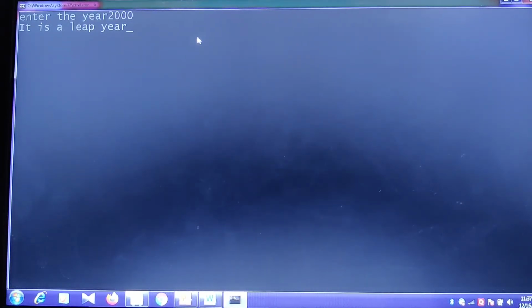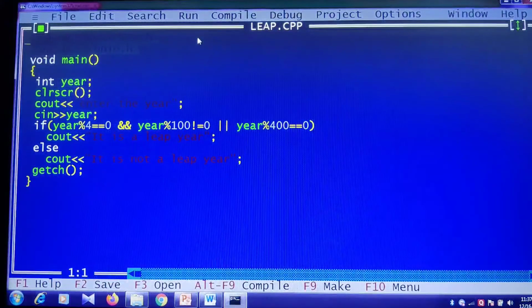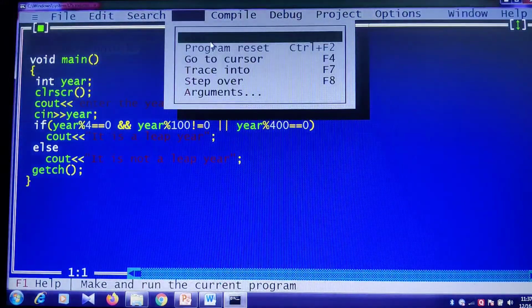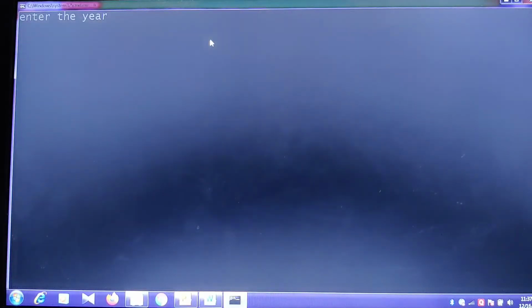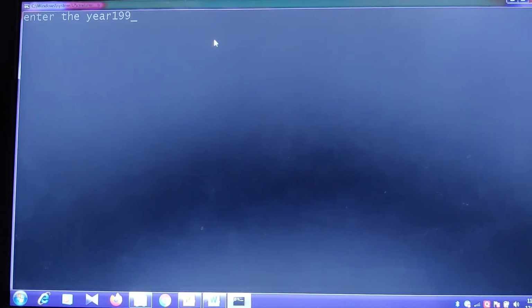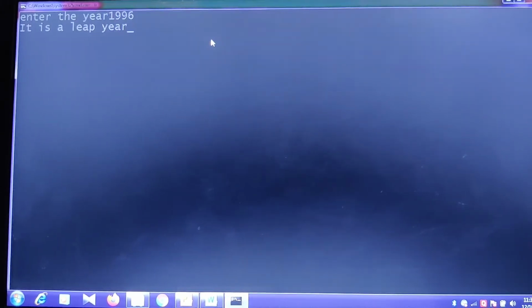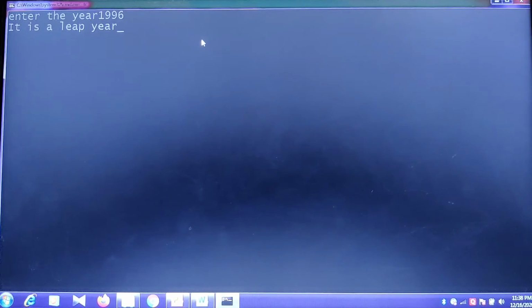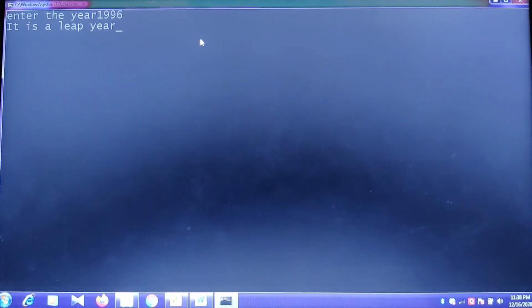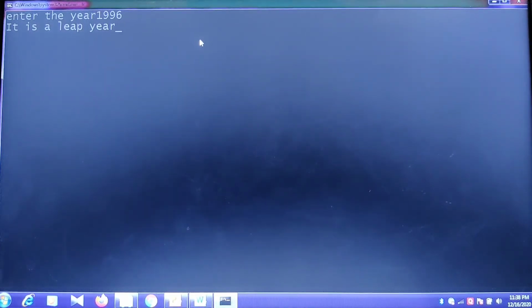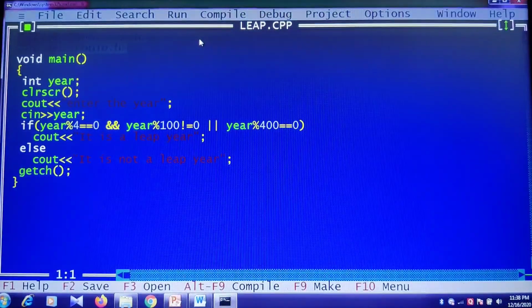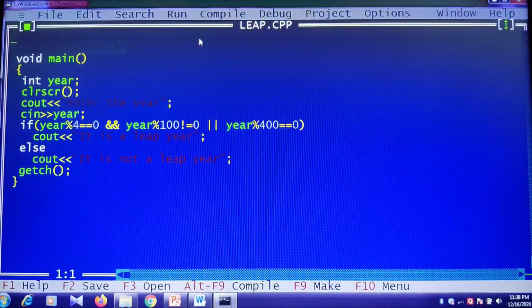Apart from this you can also give other years. A leap year usually occurs after every 4 years. So I can check 1996, you can check here. See, it's a leap year. How am I getting that it is a leap year? It's all because of the given condition. Understood? Okay. Moving on to the next program, children. That is to determine.